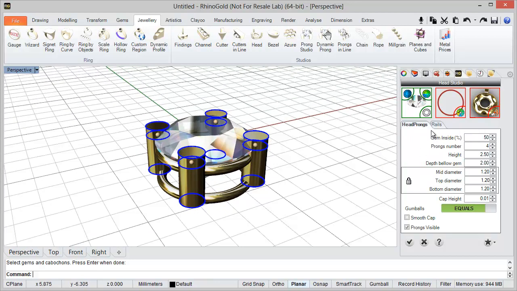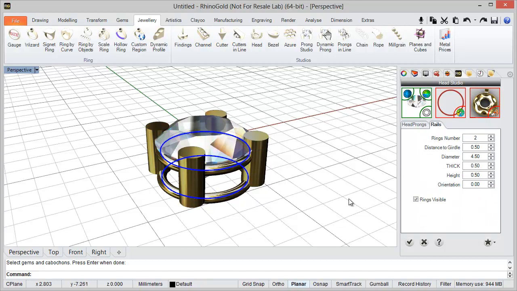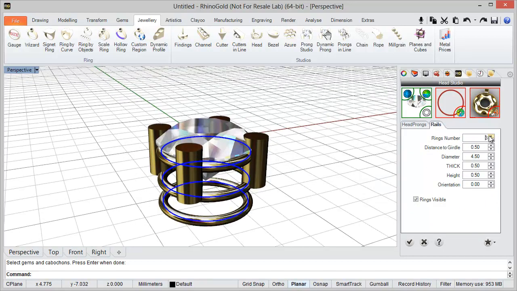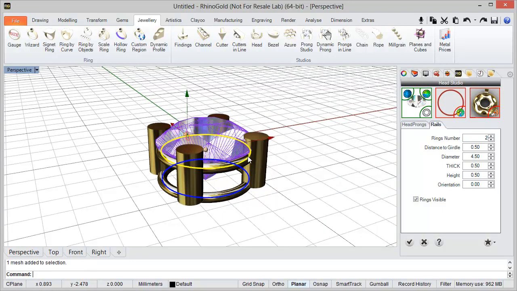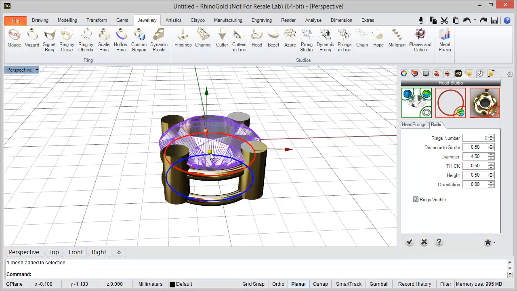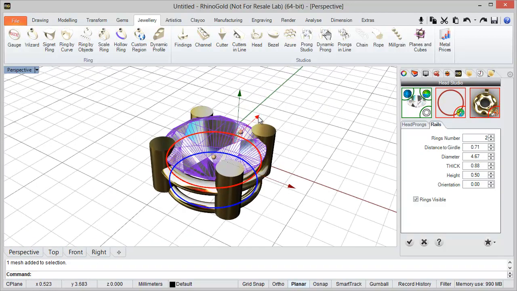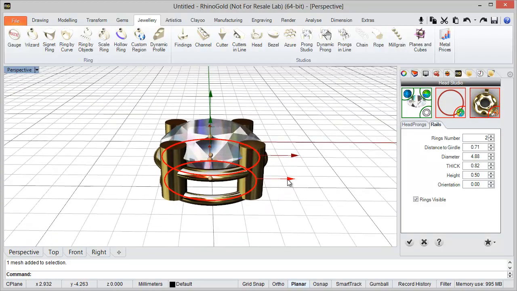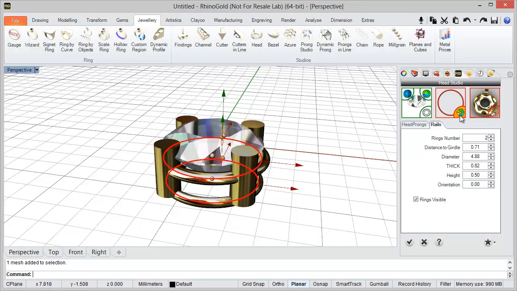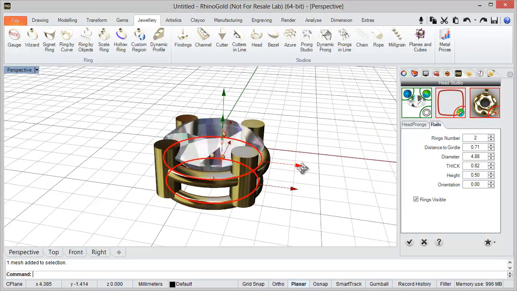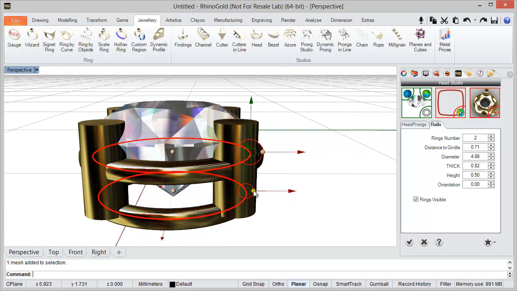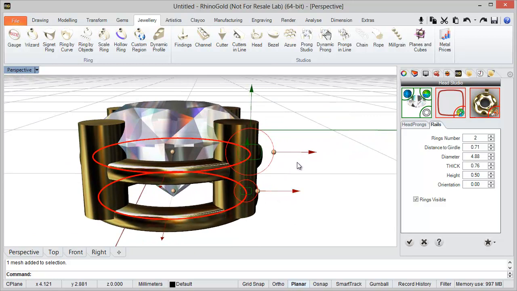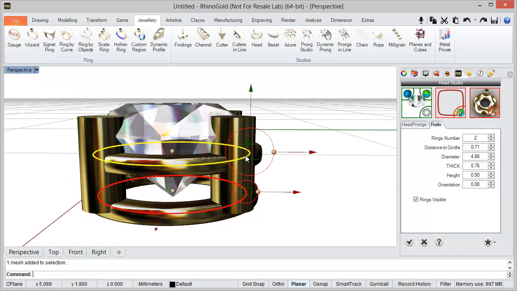to edit the rails I just need to go to this tab, and now I define the number of rails. I select one rail and can move, can change the values. Of course with shift I select both and can change the profile, for example square. Here I can edit the rail shape,